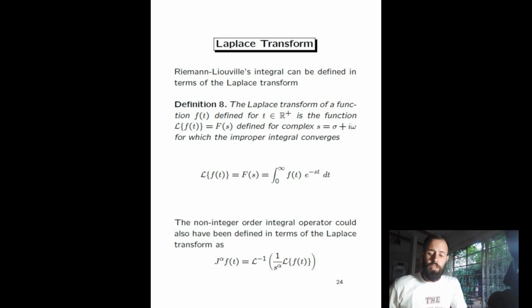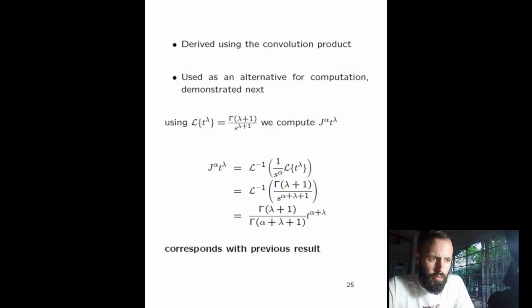So what we could have done is to write J to the alpha of f of t, the inverse Laplace transform of 1 over s to the alpha times the Laplace transform of f of t, where s is a complex number, sigma plus i omega. So basically we transform this to the frequency domain and back into the time domain. That result can be easily obtained by using the convolution product, and it is used as an alternative